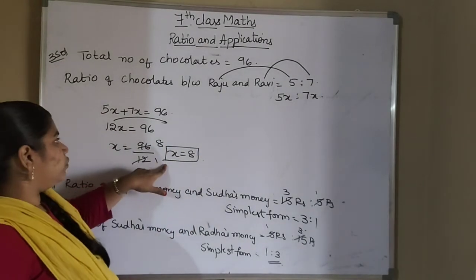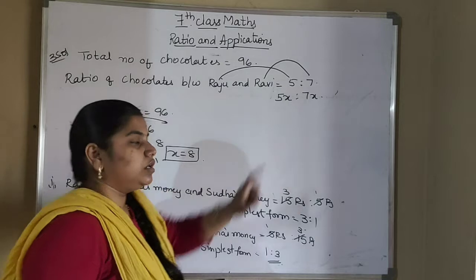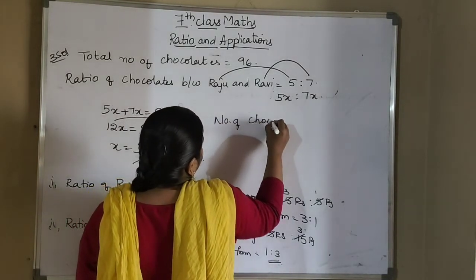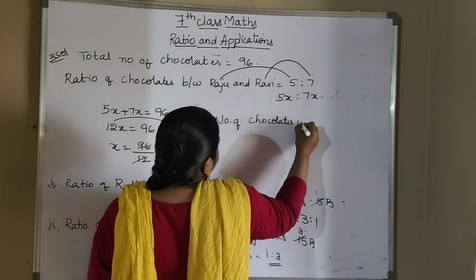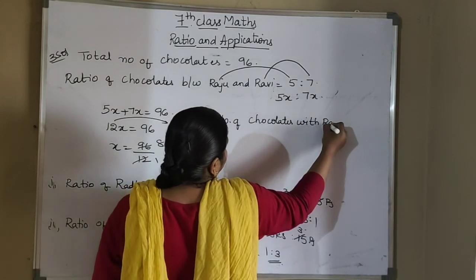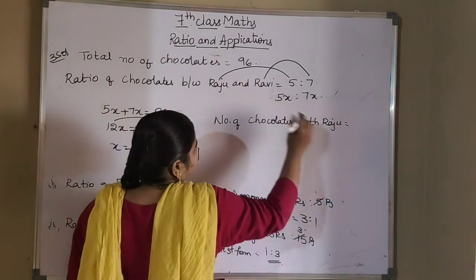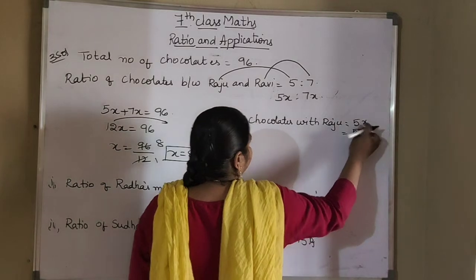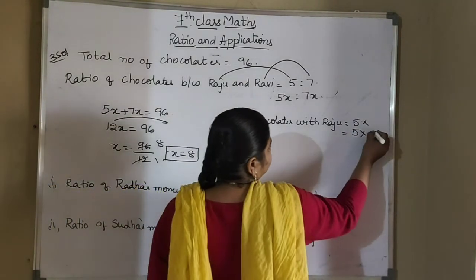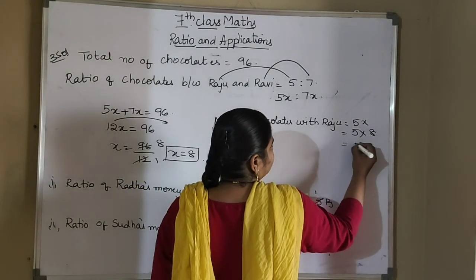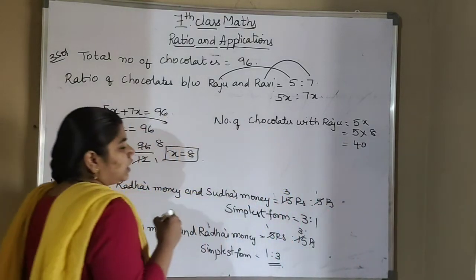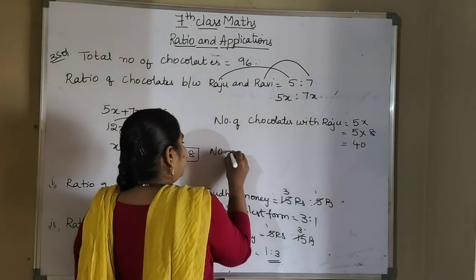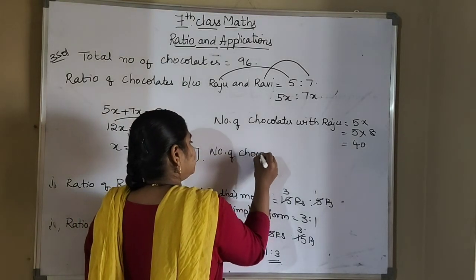Now this x value you have to substitute in both the ratios. So the number of chocolates with Raju. Raju's ratio is how much? 5x here. So 5 is a constant value. The x value you got is 8. So 5 eights will be 40. So with Raju, how many chocolates are there? 40 chocolates are there. And the number of chocolates